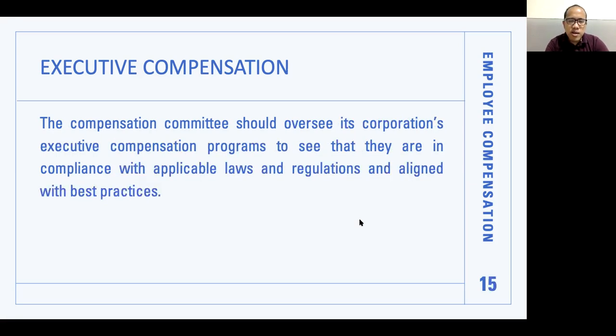The compensation committee should oversee its corporation's executive compensation program to see that they are in compliance with applicable laws, regulations, and aligned with best practices. So whatever it is na maging decision ng compensation committee, hindi pwedeng taliwas yan sa sinasaad ng batas natin, particularly the labor code. So for example, executive officer ka, you will be paid this amount, 2 million per year, but you have to work